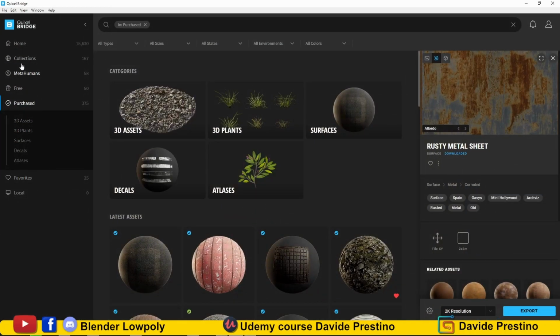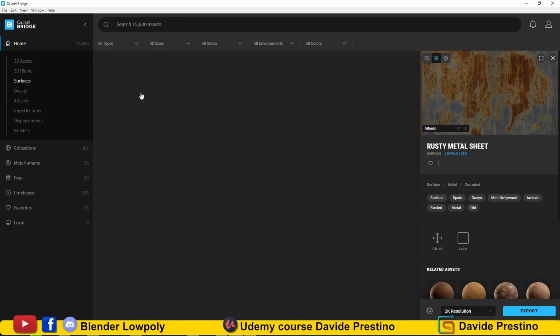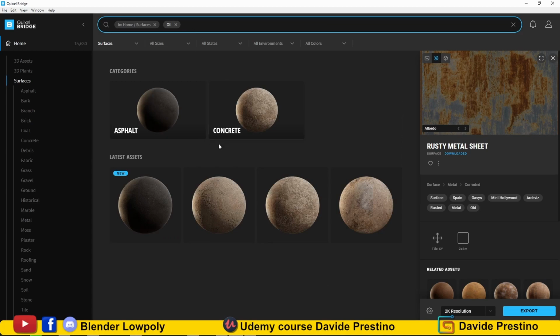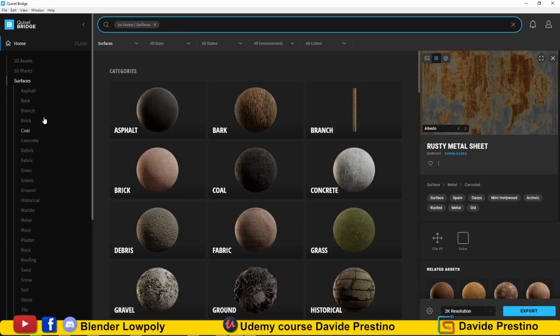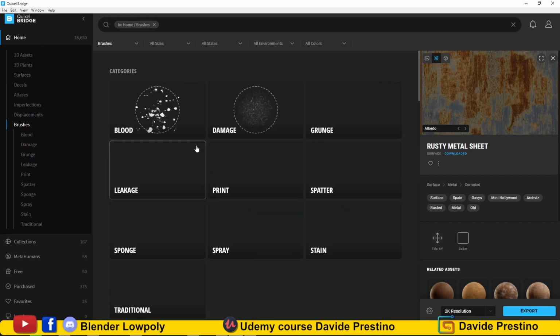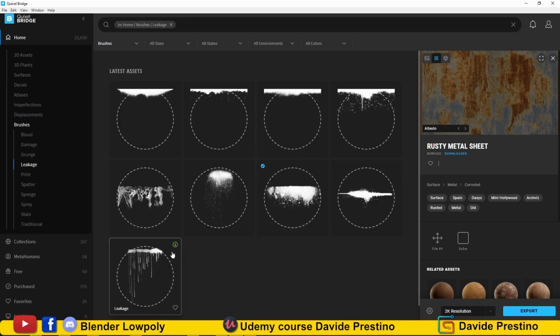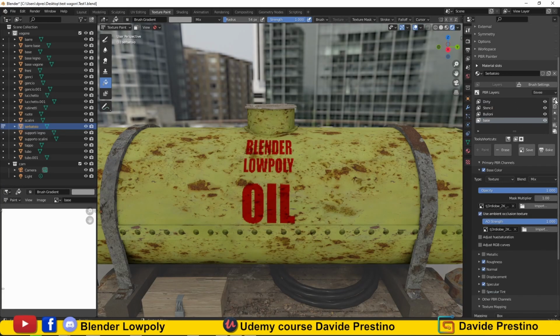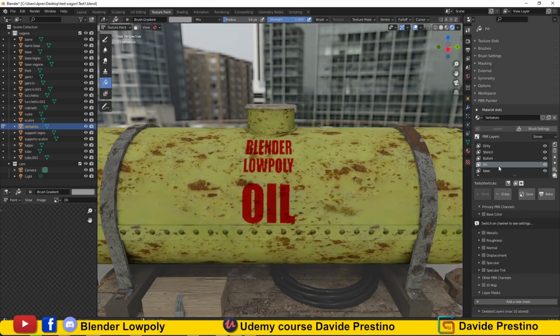Now I will add some oil drippings on the tank. From Megascan I download a stencil that is right for me. I add a new layer. Constant color.